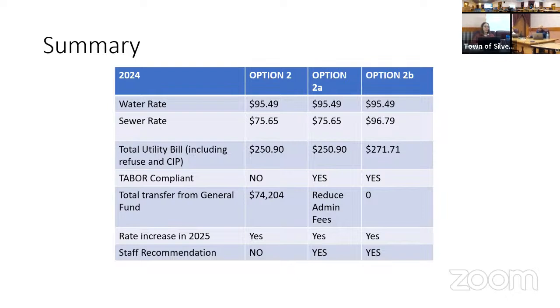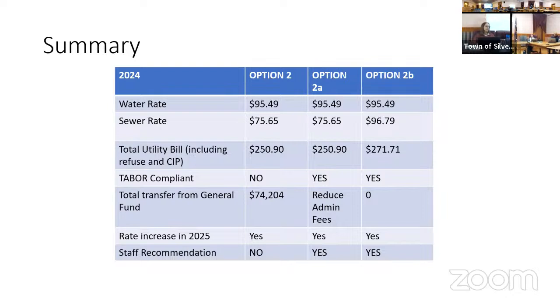But at this point, these are the options that the accountant has come up with for us to remedy this situation. Now, if we wanted to create a whole program, I would say, stop, let's wait until the rate study. I would not feel comfortable creating that program without that information. So you're looking at some of the decisions that we need to make regarding rates for water and sewer on a timeline, where we have an immediate decision that we need to make tonight because we have a budget to adopt in the month of December. Right. And beyond that, once we receive information from a rate study, that's where I would love those policies.